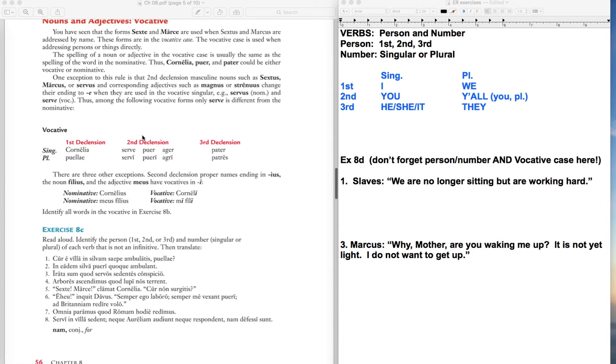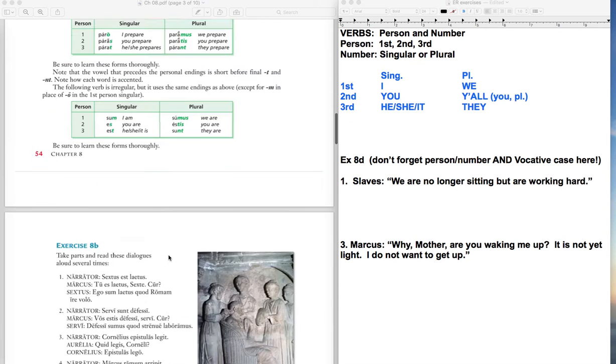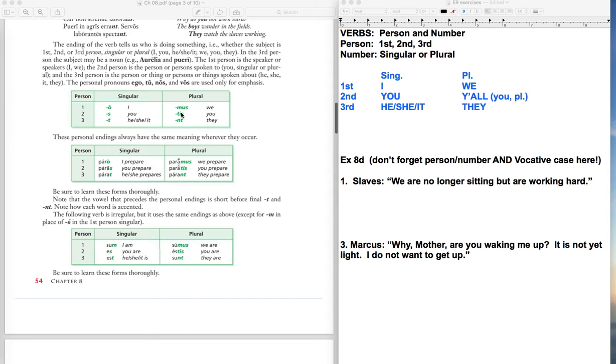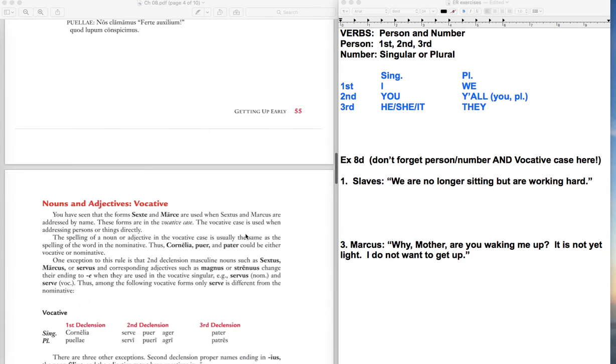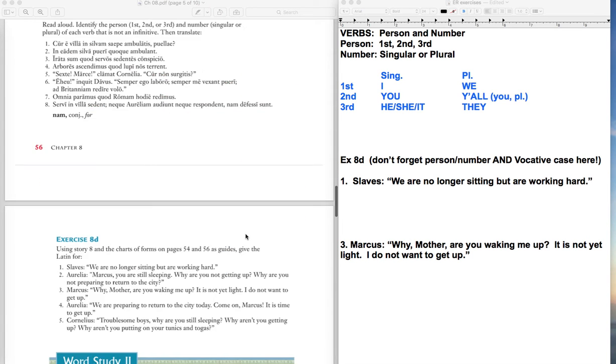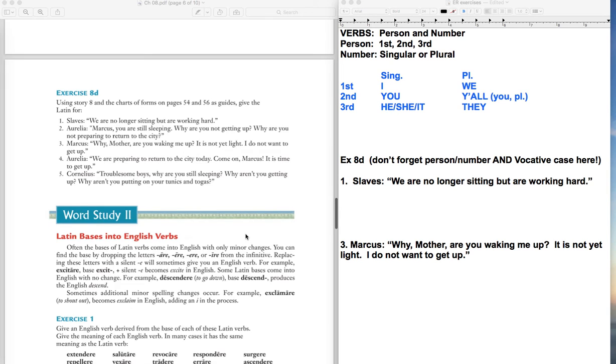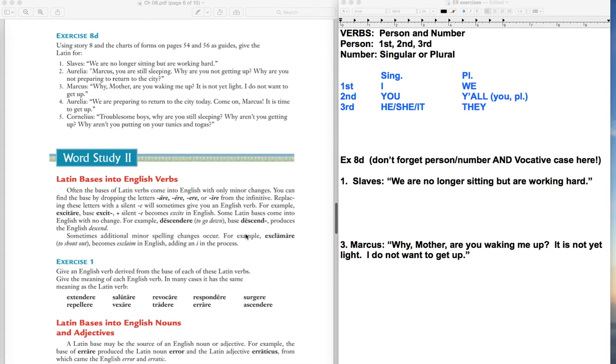And that also goes for 8C. I mean, having to look at that verb ambulatis and know that the tis ending is for you plural, for y'all. I think that's important. So again I'm going to urge you to go ahead and do that, even though you're not getting graded for it. I know that's probably a stretch, but I've got to put it out there.